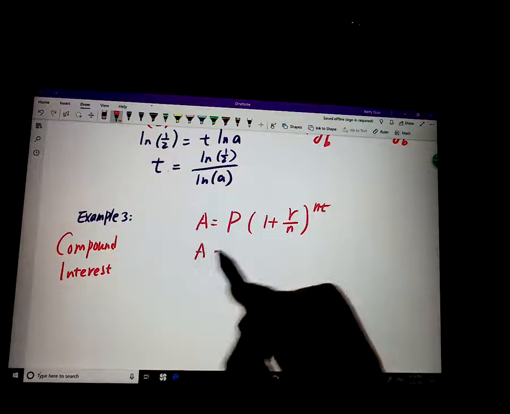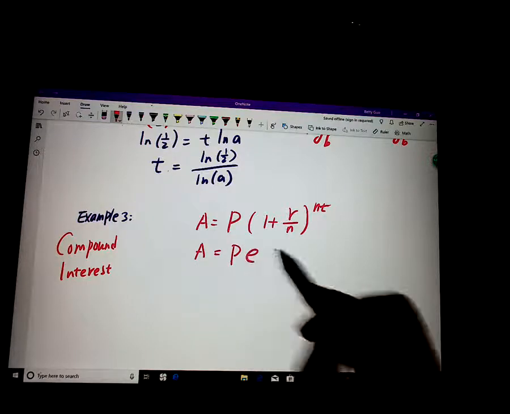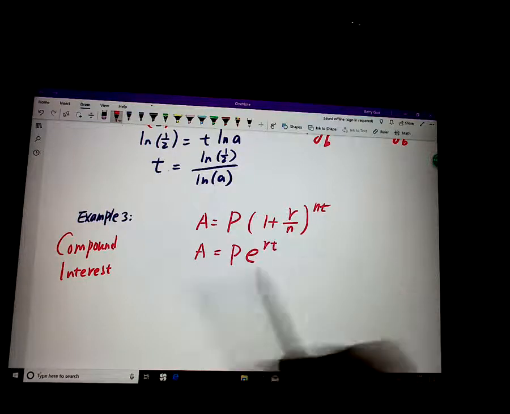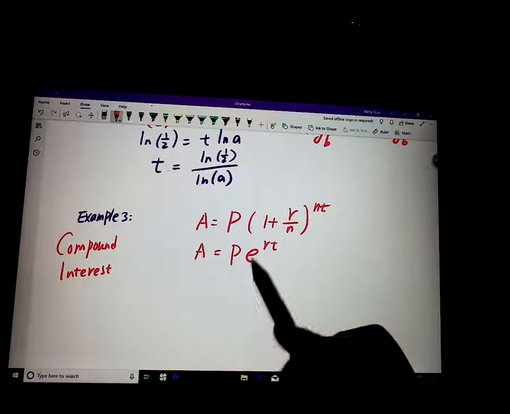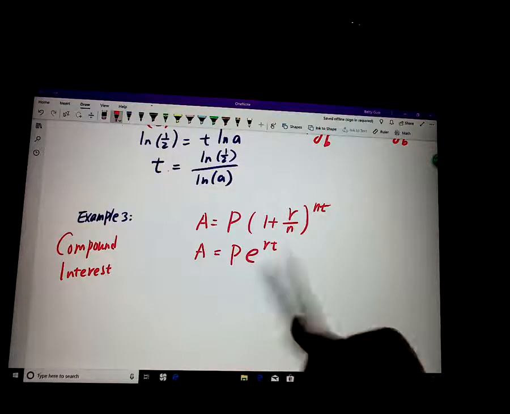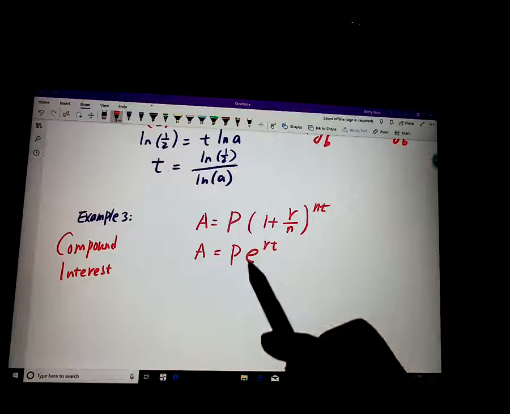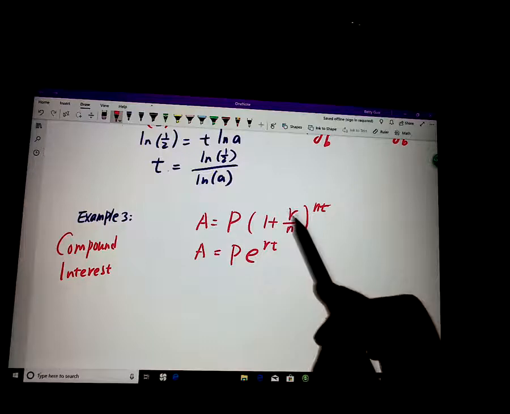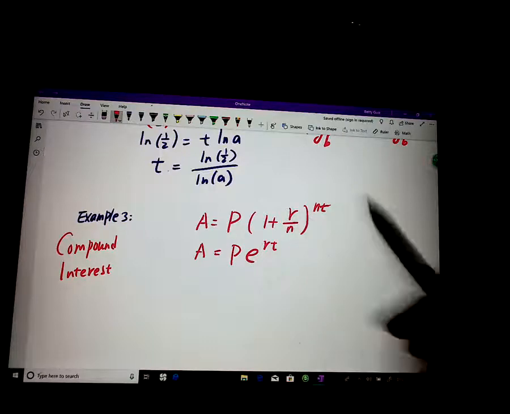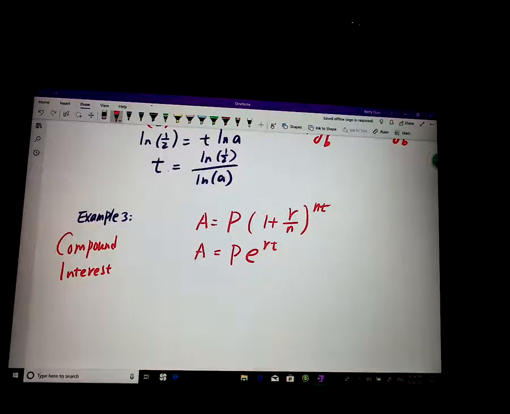Another formula: A equals P e to the power of r t. That's the formula for the accumulated balance if the interest is compounded continuously. Okay? We know what e is. P here is the principal, your original deposit. r here is the APR. Okay? So in our problem,